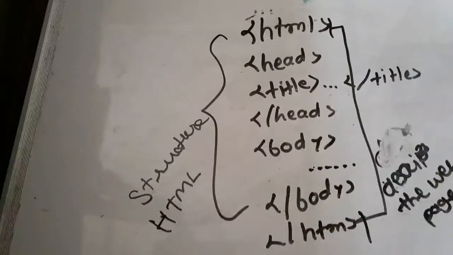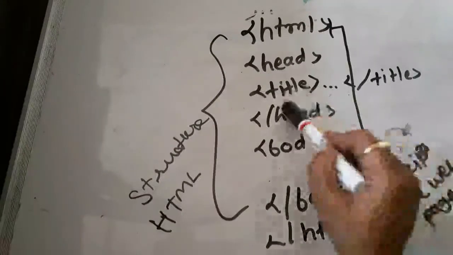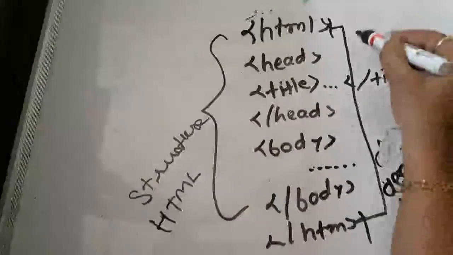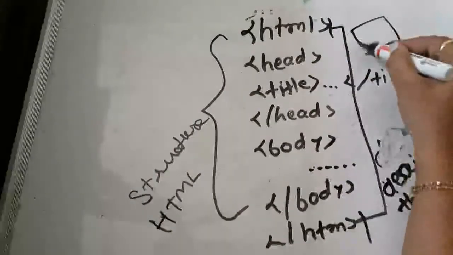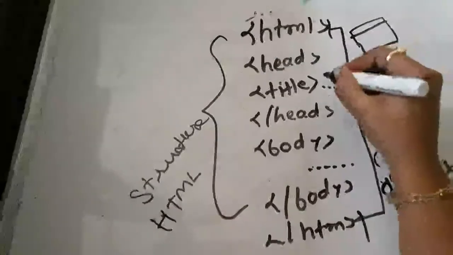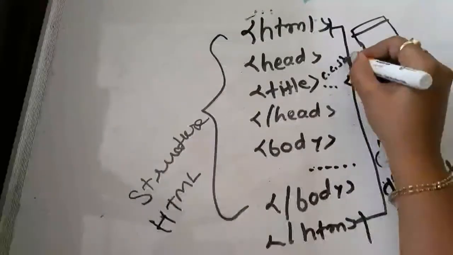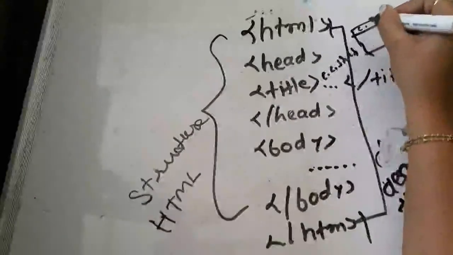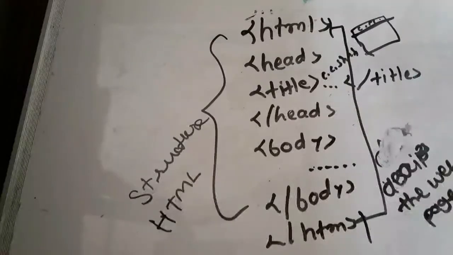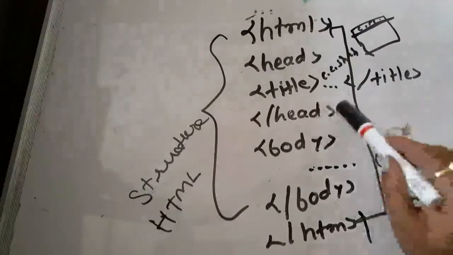And second is the head. The head is basically content that is not displayed in the browser. It is also used for JavaScript and CSS. Next is the title. The title is used as the web page title. For example, the web browser page shows a title first. For example, I am using CCSA as the title for the page. Then /title. Next is /head.